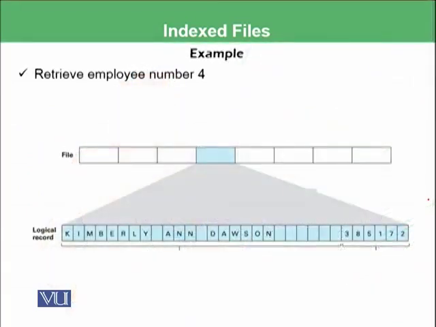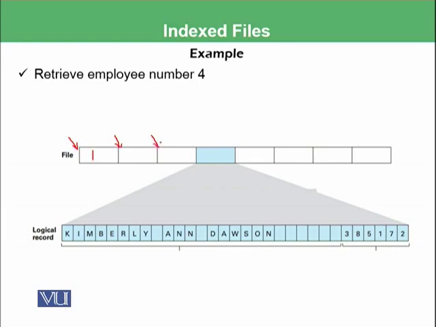So let's have an example. We have the same file which we were discussing in the previous example, which has 1, 2, 3, 4, 5, 6, 7, 8 employees, and all of those 8 employees have different data. Suppose this data is stored in secondary storage, for example on magnetic tape, and we are interested in where employee number 1 has been stored. So we want the address of the particular sector and track where this has been stored,